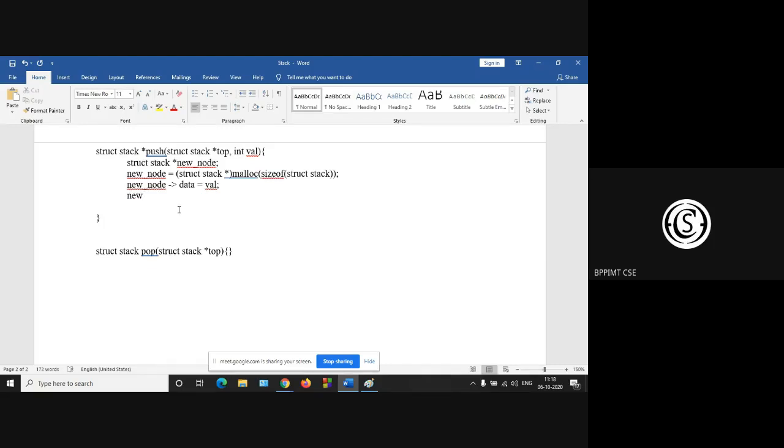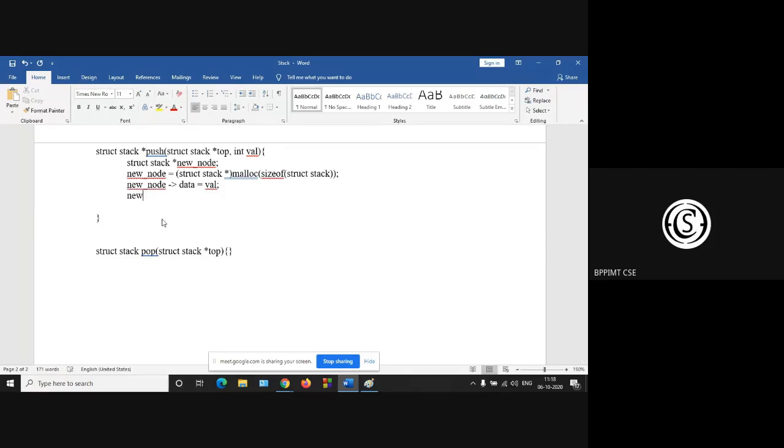New node next is equal to top. Actually, the second part: top is null.